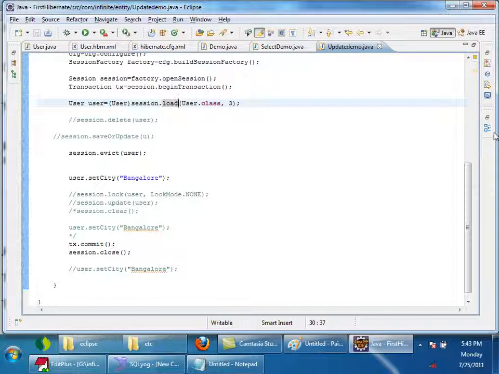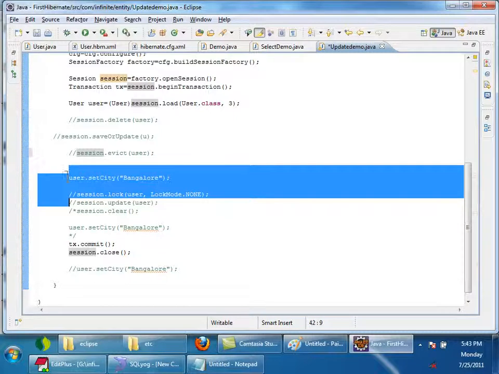What do I mean by lazy loading? I'll explain. Lazy loading means the object will not be loaded until and unless it is required. Only whenever we try to access the properties of that object, then only it will be loaded. Now let me give you an example of this one.